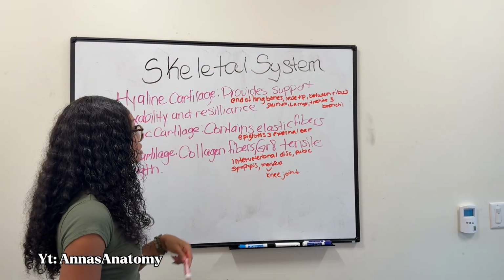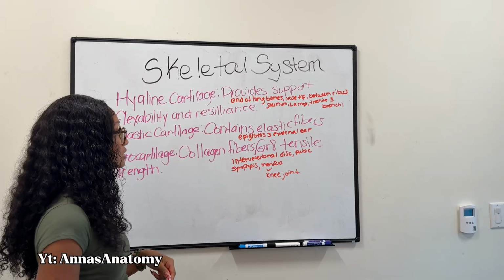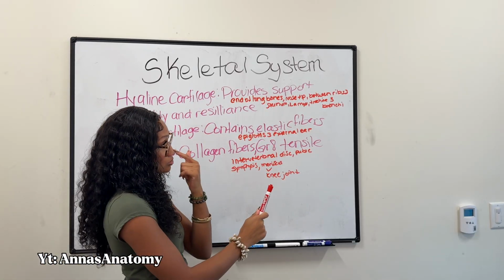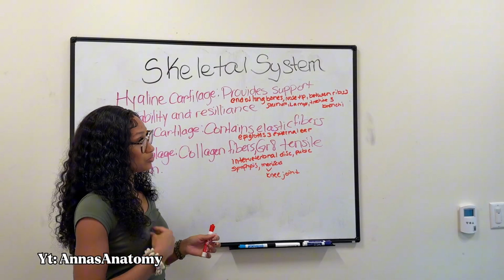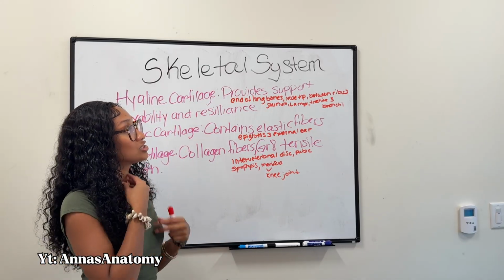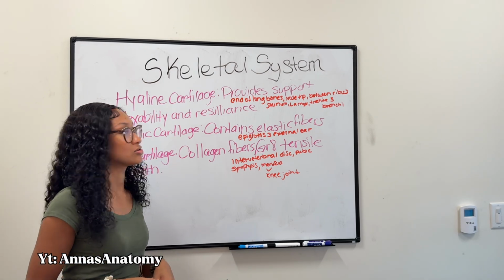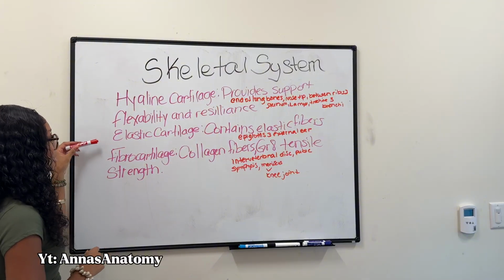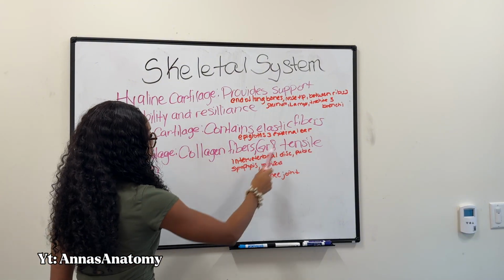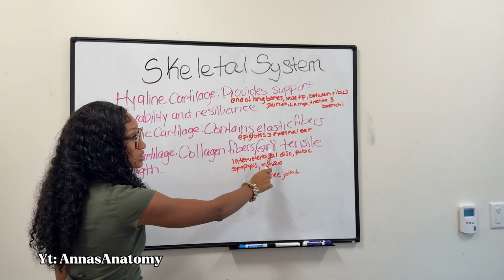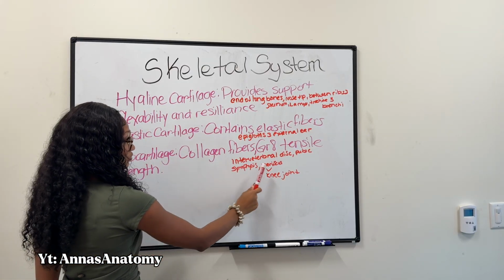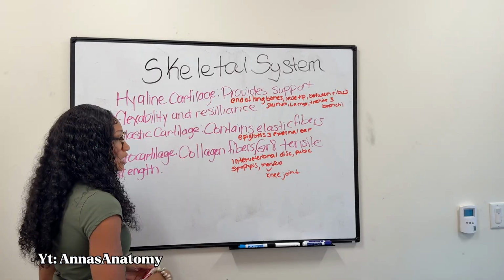We have hyaline cartilage, which provides support, flexibility, and resilience. You would find hyaline cartilage in the end of long bones, the tip of your nose, between ribs and sternum, your larynx, trachea, and bronchi, which is in your respiratory system. Then elastic cartilage contains elastic fibers, and you find this in the epiglottis and the external ear. And finally, we have fibrocartilage, which is collagen fibers that have great tensile strength, and you would find this